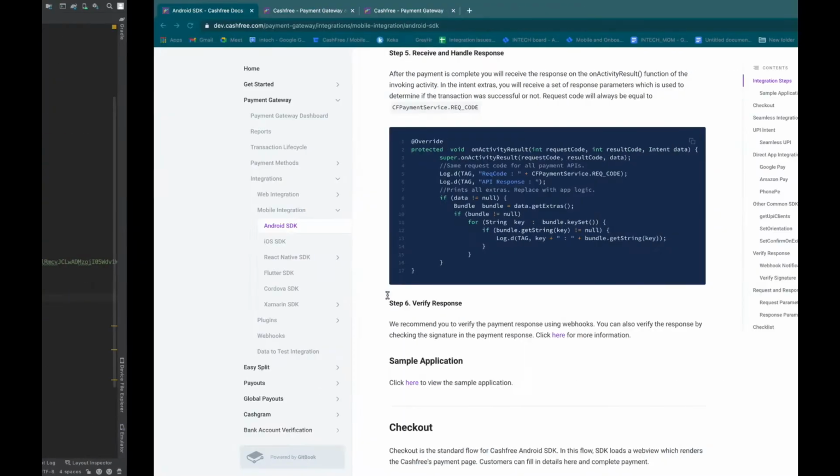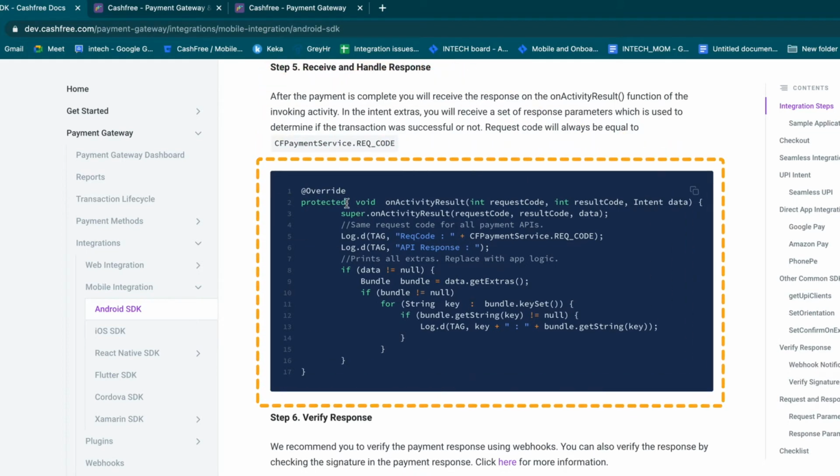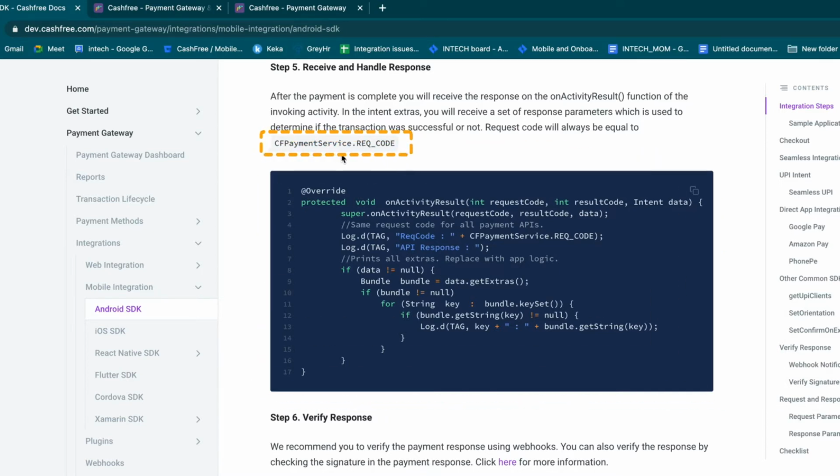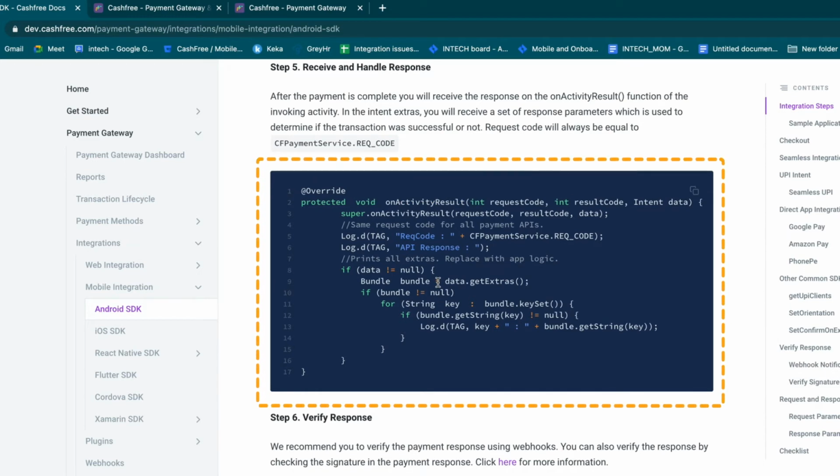Now the next step is to handle the response. To handle the response, we'll override onActivityResult of our activity and check for a request code equivalent to CFPaymentService.REQUEST_CODE. Please note that the response would be returned back as a bundle in the intent data.